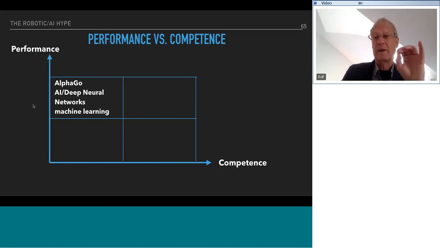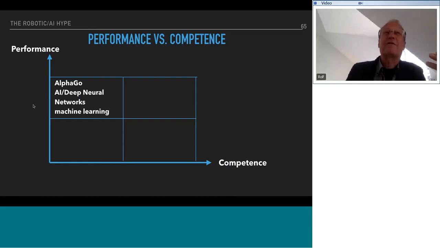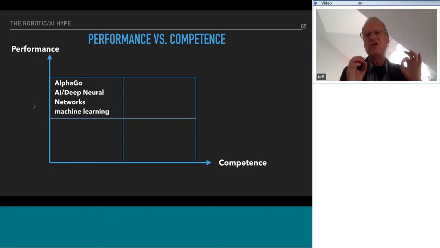What do I mean? These neural networks that can recognize a cat in an everyday scene or children playing frisbee have absolutely no clue what a cat is, that a cat is an animal, that people like to have cats as pets, that cats have claws, that they need to eat, and so on. So in that sense, extremely good performance, very little competence. They have absolutely no understanding of the scenes.